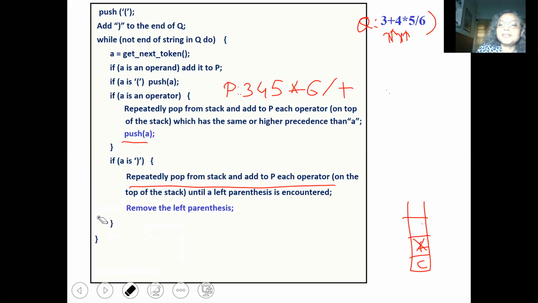Until the left parenthesis is encountered, we'll remove the left parenthesis. Okay. So now we have come to the end of the string Q, and this is P. So this is the postfix form of the expression Q.